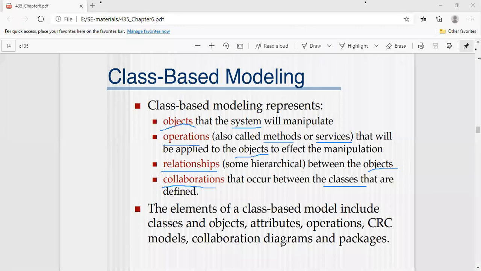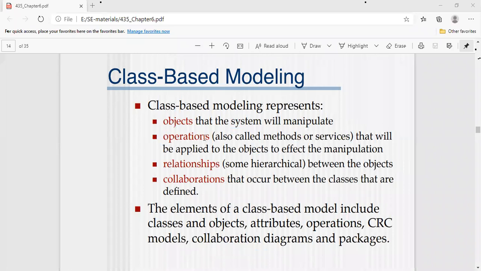Not only class diagrams, we are going to use even collaboration diagrams. After the use case diagrams, we defined some activity diagrams, isn't it? Like that, after the class diagram, we are going to represent some collaboration diagram also. So if you implement the collaboration diagram, how should your work be, right?